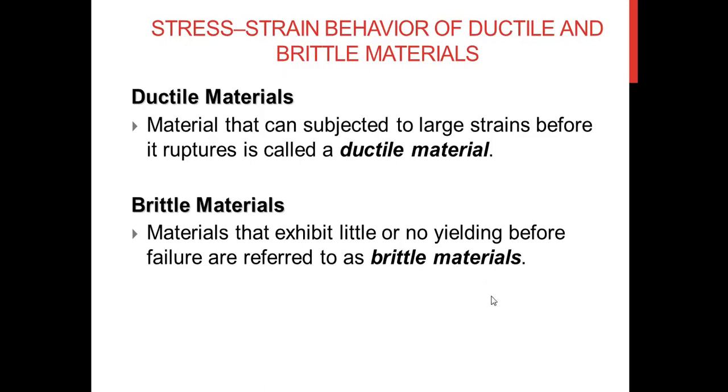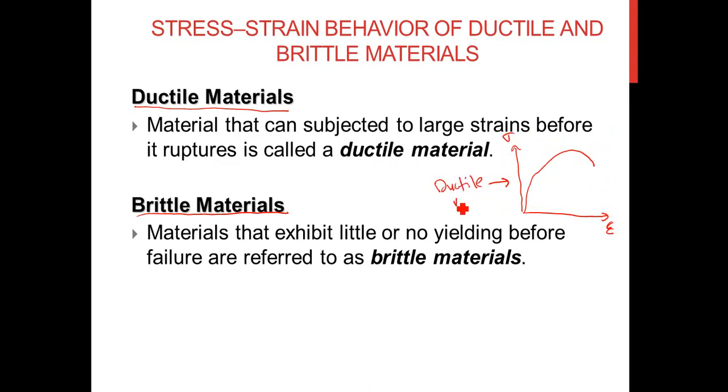All right. So for information, there are two types of engineering material. The first one is the ductile material, and the second one is the brittle material. So the curve that I showed you in the previous slide looks like this. This is basically for ductile material. This is the stress strain curve, or stress strain diagram, for